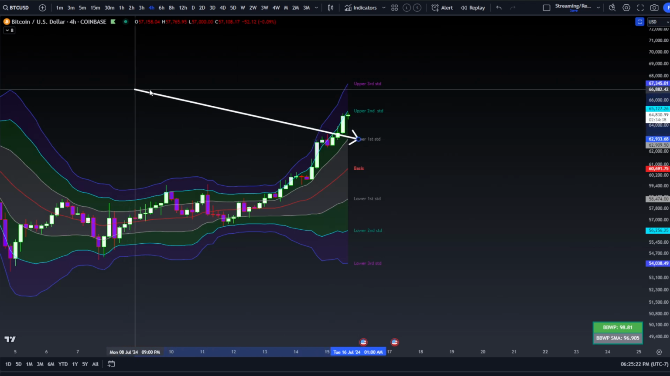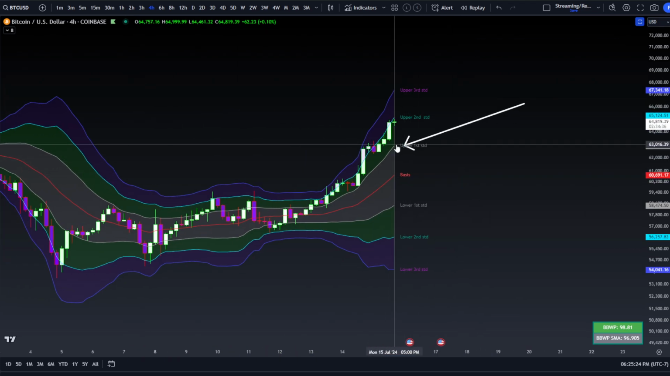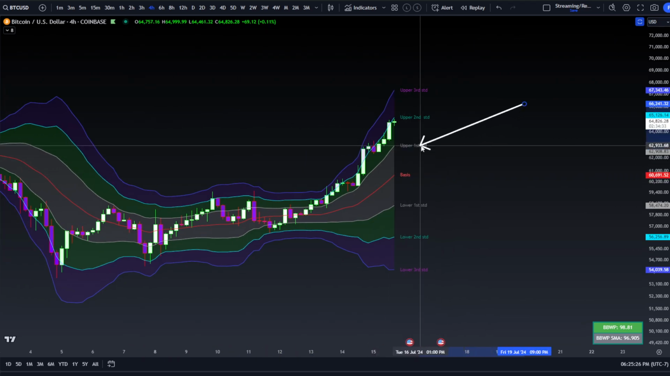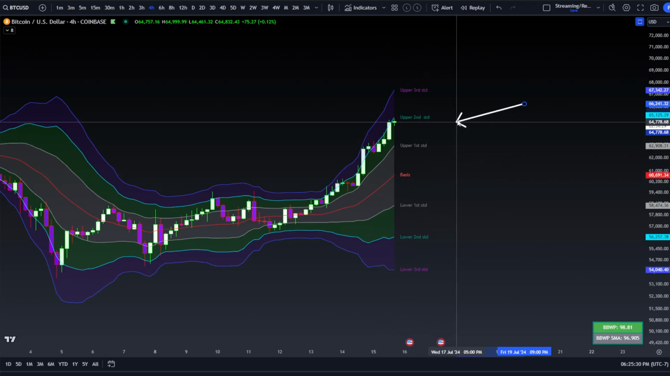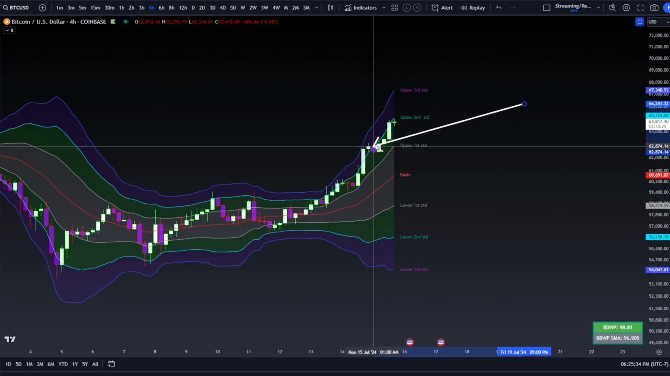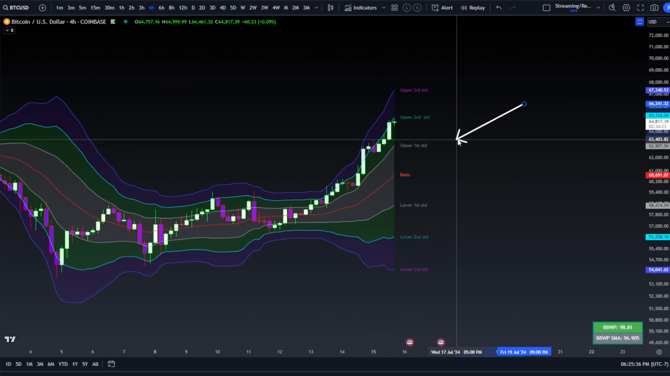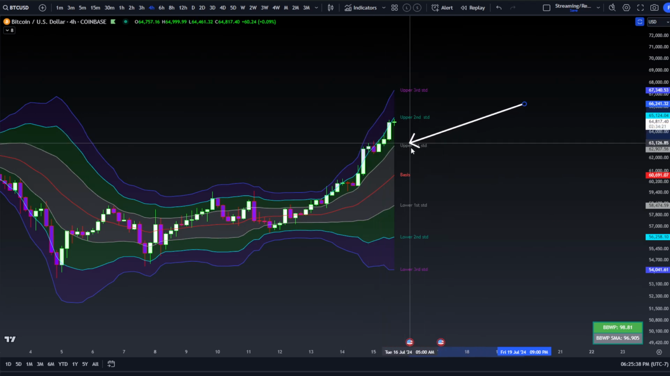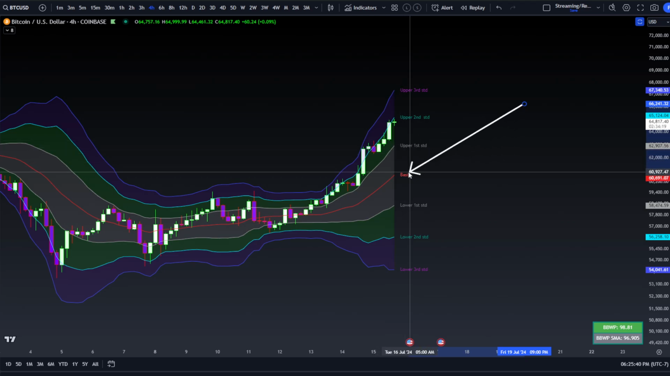So if this is going to maintain its trending structure, you want to see it closing above the upper first standard deviation during the expansion phase like this. And that's right around $63,000, right around this order block zone. So it looks good. Anywhere below there, the basis band is